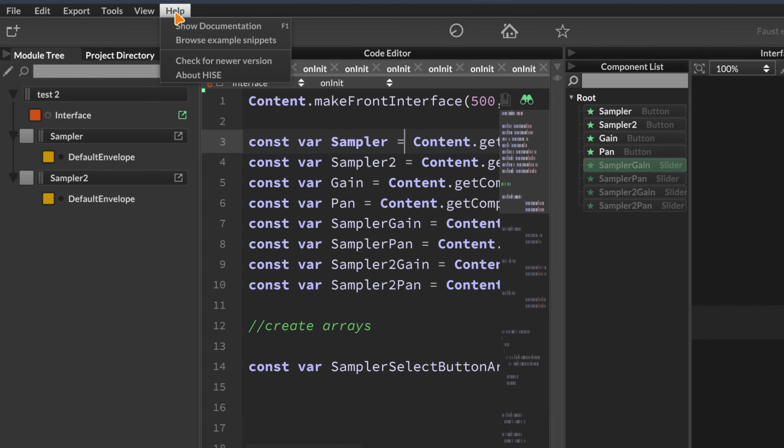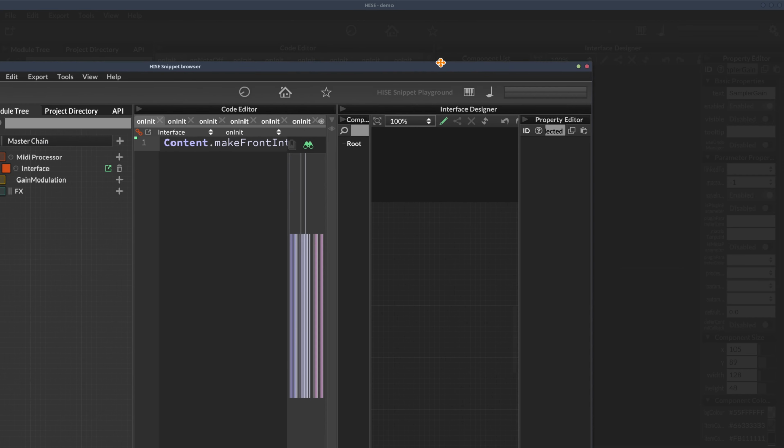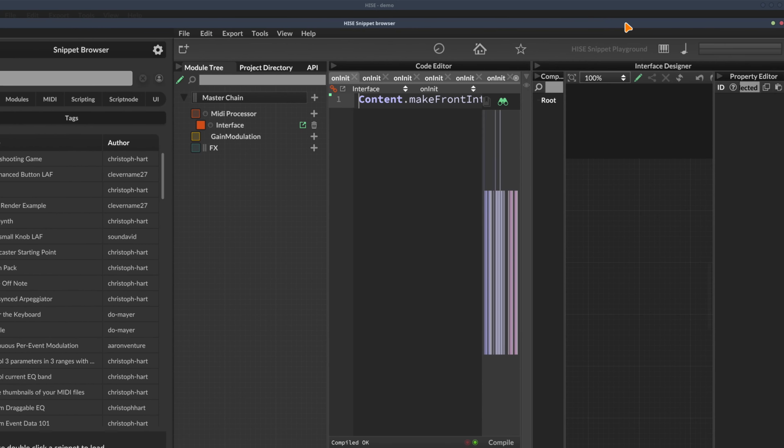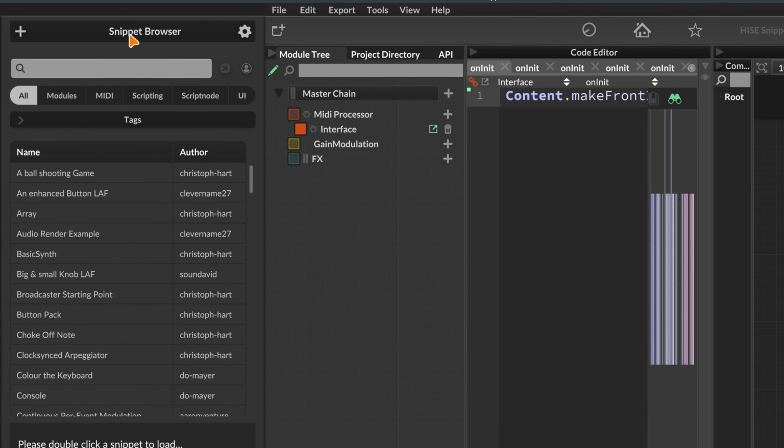We're going to go to Help, and we're going to select Browse Example Snippets. So this opens a second instance of HISE. It's open on my other monitor here. This looks like the regular HISE, but over at the left here, we have this thing called the Snippet Browser. Now, the first time you run this, you have to download the snippets from the snippet server,